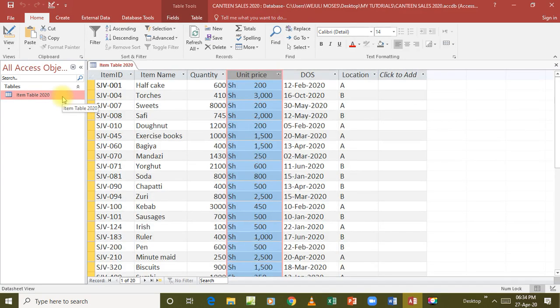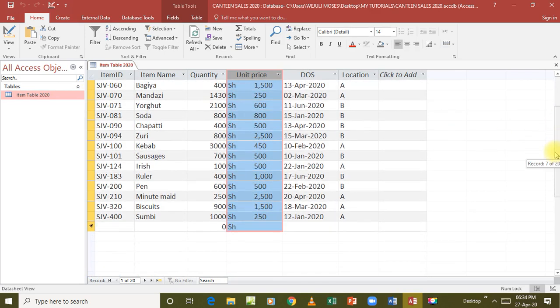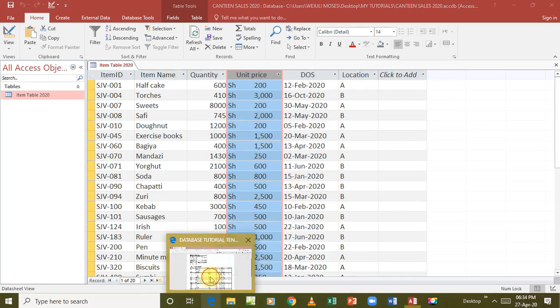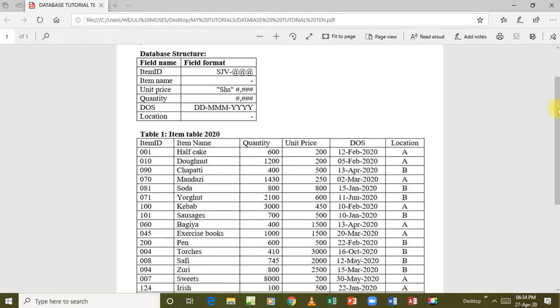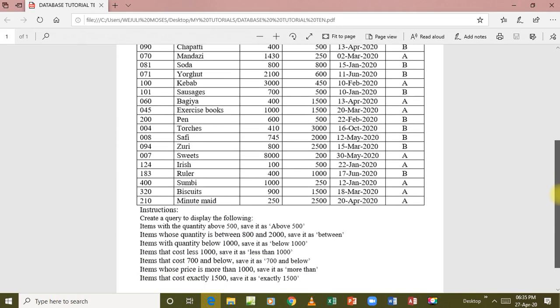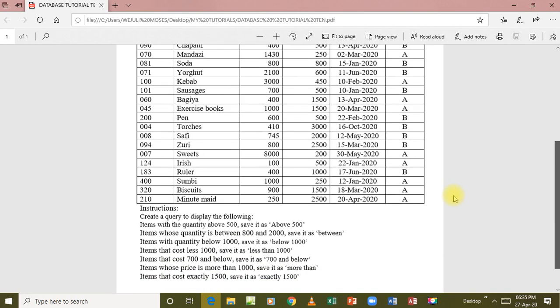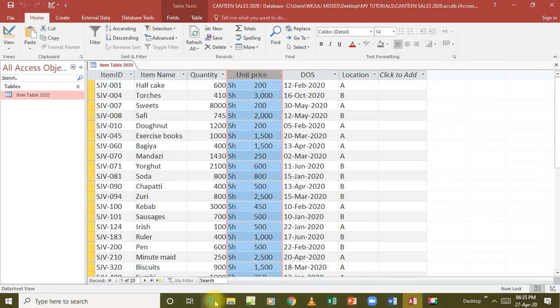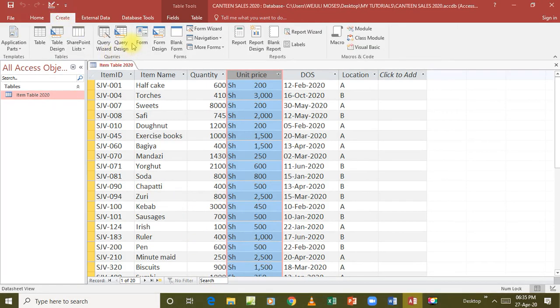So now we have our table which is already populated. All our records have been entered, and we can now start working on the queries that have been asked of us to create. When we look at the question here, they're asking us to create a query. The first query is to return items with a quantity above 500 and save it as above 500. So we now go to query, we can create query design,